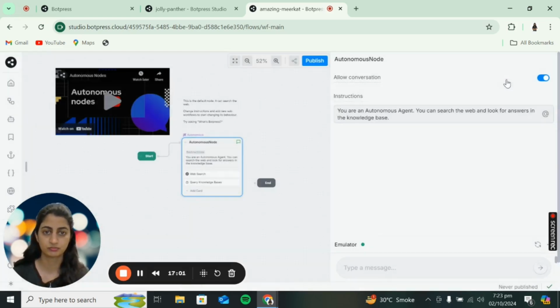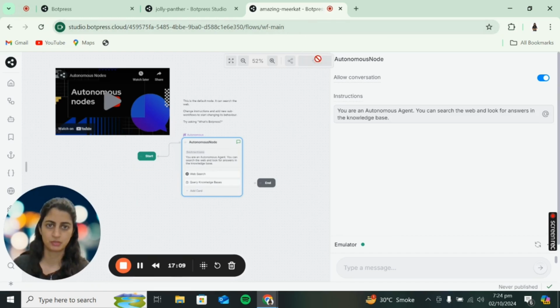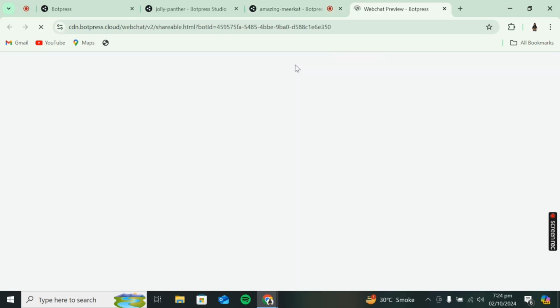So what else do we need to see? We have the versions and the bot settings. That's pretty much it. That's it, literally. You publish the chatbot, and once it's published, you can share it, you can add it onto your website. It took around a minute to actually publish the bot, but once we did, we have a preview.